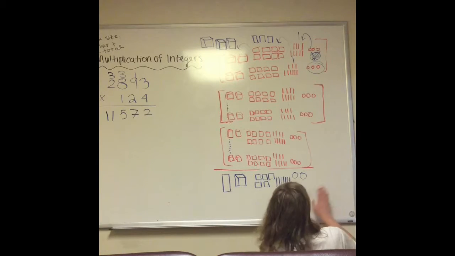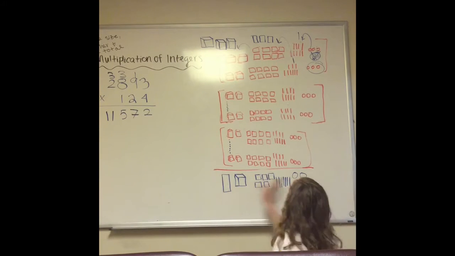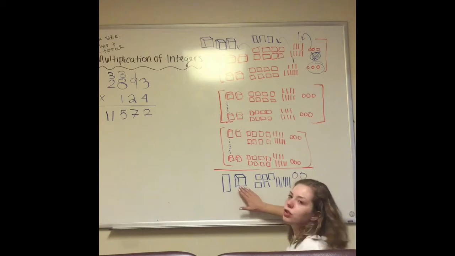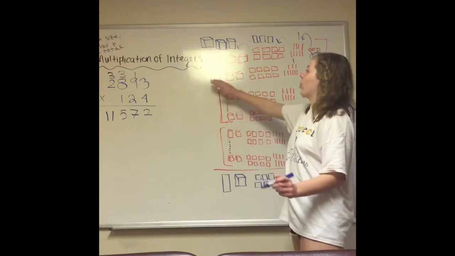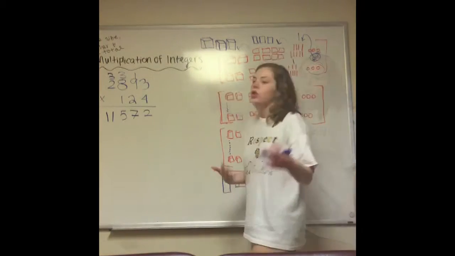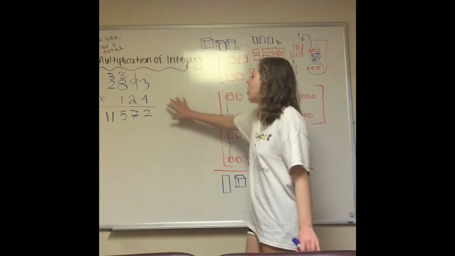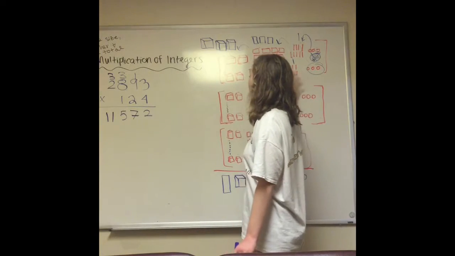So down here we have just what we have up there. 2 singles, 7 rods, 5 flats, 1 super cube, and then 1 super rod, because we had initially regrouped from our super cubes. So now that we have accounted for all of our groups of 4,